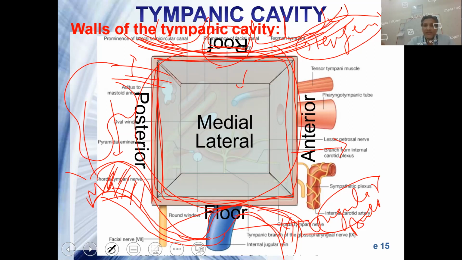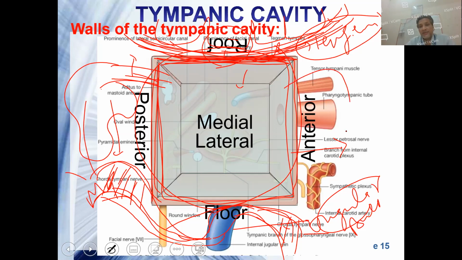And this is again the roof I have already described. So we have got dura, arachnoid, and pia. If this part of the bone goes away, then you can have a direct entry into the dura. You can have the dural references there. So posterior extension into the aditus and antrum is there.